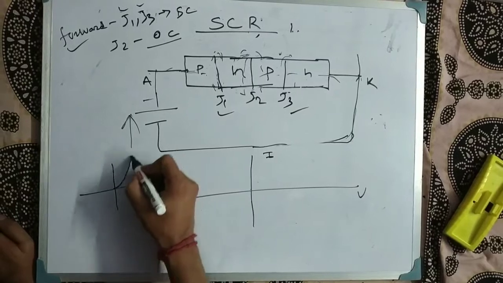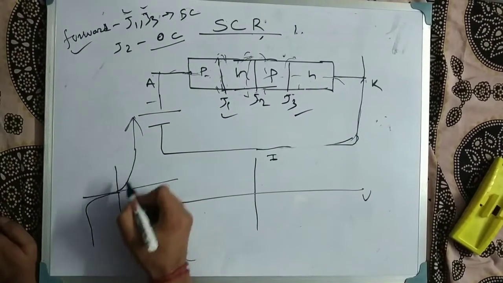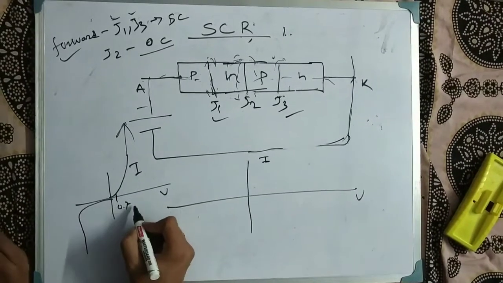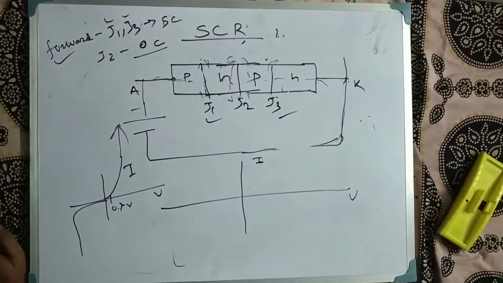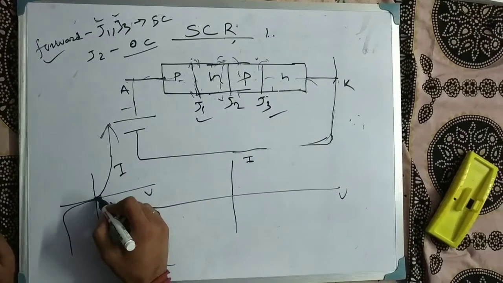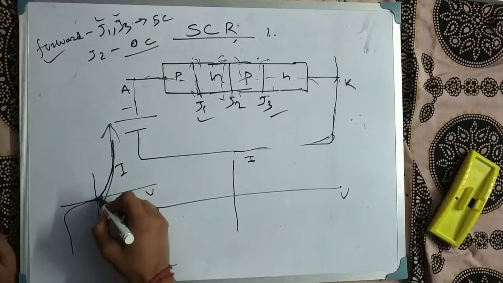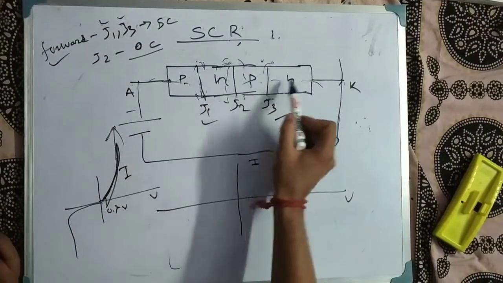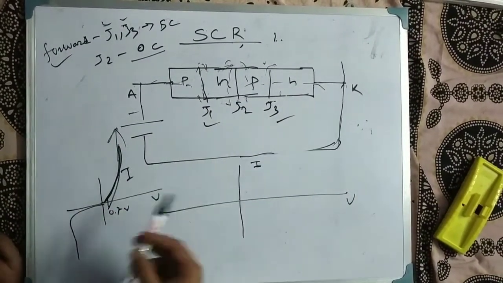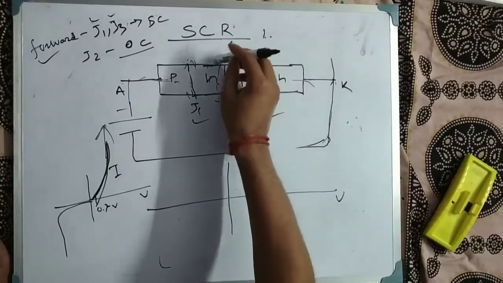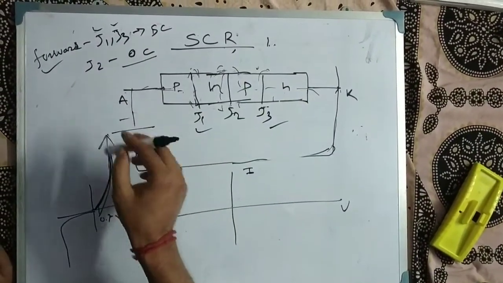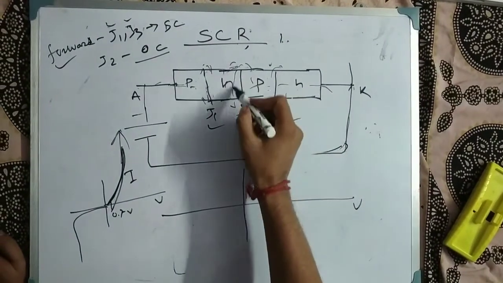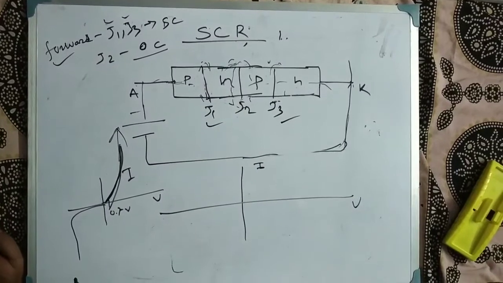This is diode characteristics. This is V, this is I. For a normal diode, 0.7 volt is the cut-in voltage, and after 0.7 volt the exponential current curve follows the diode characteristics. The SCR is also a PN junction, so it will also act as a diode, but with a special case: it will not act as forward-conducting when forward voltage is given, because there is an open-circuited J2 junction.